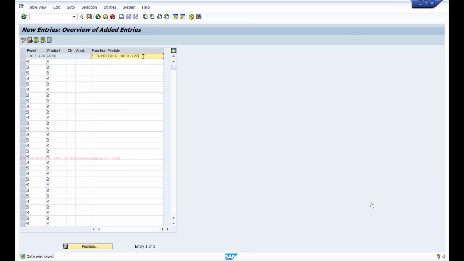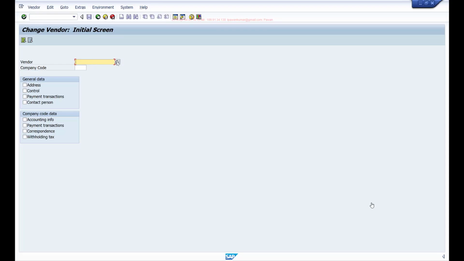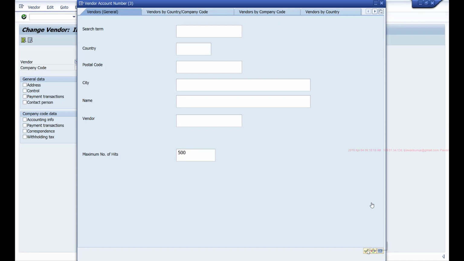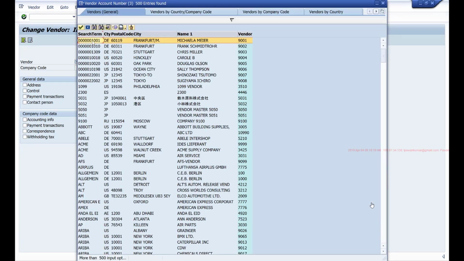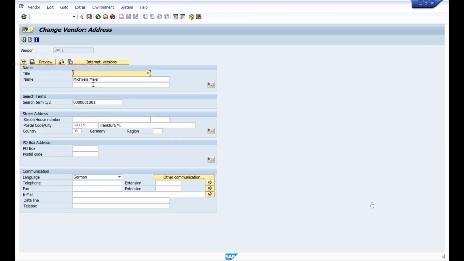Now that I've mapped it, and we know that this event is called when we save a vendor, I'll go to the FK02 transaction, give some vendor record, take any vendor, let's say address, and I'll change the vendor address, let's say street 12, and save.